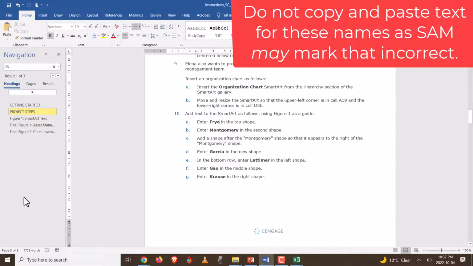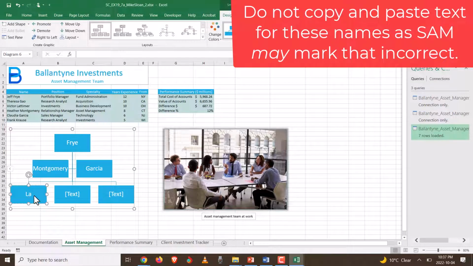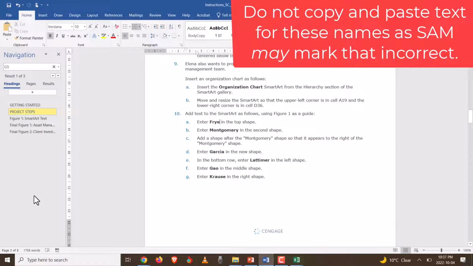And then the bottom three, Latimer, spell them right, Gao and Kraus. So 2 T's, Latimer,